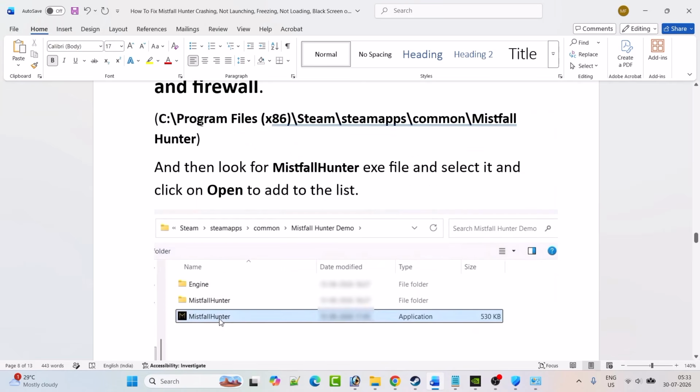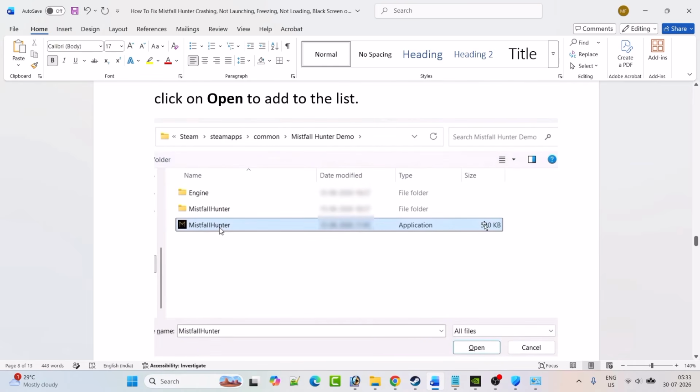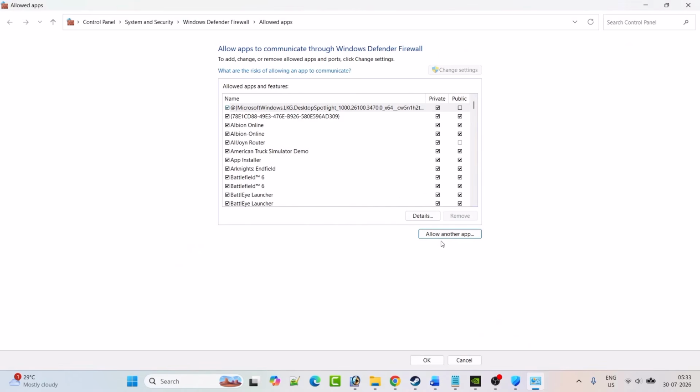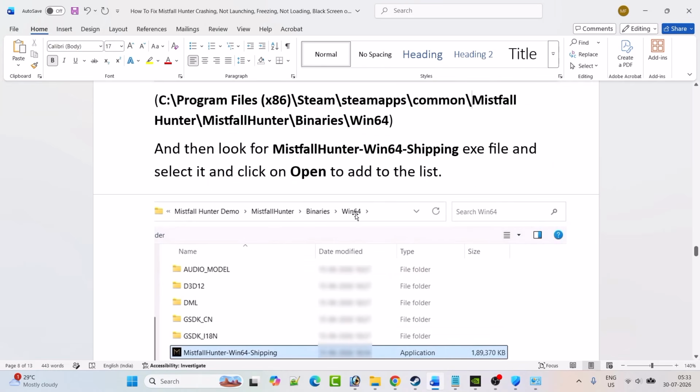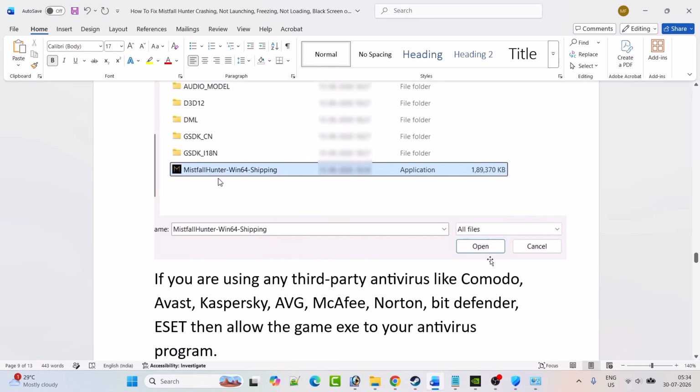So again browse to C drive, Program Files x86, Steam, steamapps, common, Mistfall Hunter game folder. Select this Mistfall Hunter exe file and then click on open and then click on add to add it to the list. Again click on allow another app, click on browse, and this time open the Mistfall Hunter binaries Win64 folder. Select Mistfall Hunter Win64 Shipping exe file and then click on open and then click on add to add it